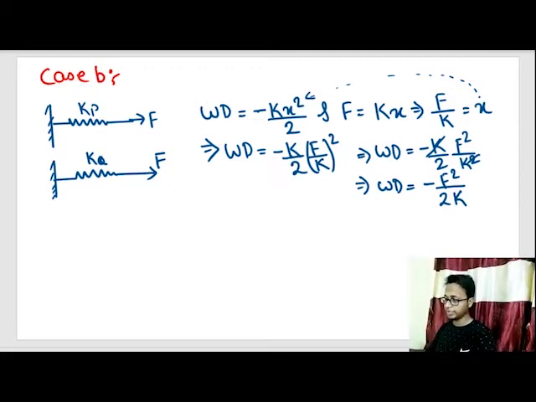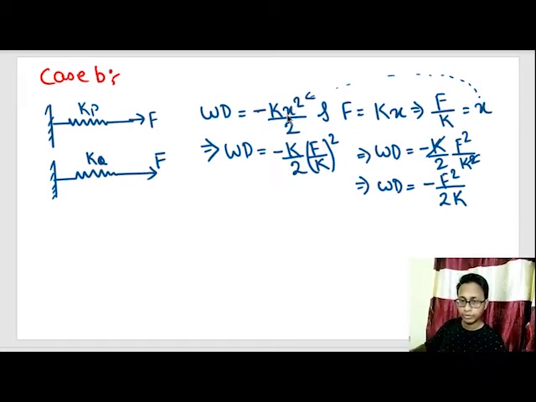So why did you replace it? In this case, force was given, and there was no mention of displacement. So to find work done in terms of force, that's why we substituted the displacement out here. Suppose this was 10 Newton per meter, a force of 10 Newton would stretch it by 1 meter. If this was 5 Newton per meter, the same force of 10 Newton would stretch it by 2 meters. So the stretches might be different, but their forces are the same. So in order to find the work done in terms of force, we substitute this x out here.